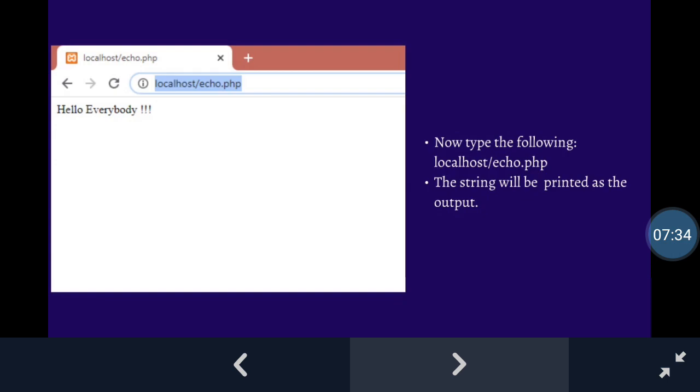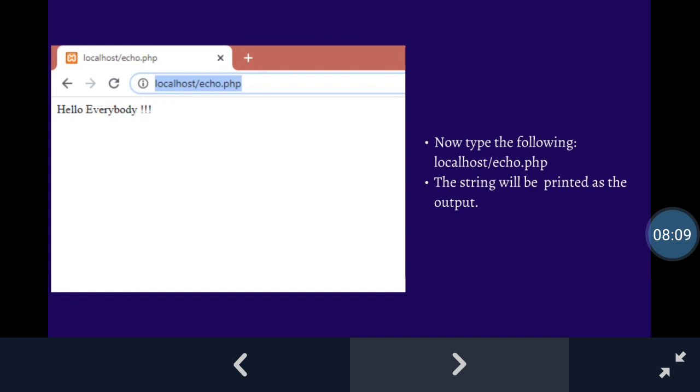Next, what you have to do is type localhost / your filename.php. Now here I have saved the file as echo.php. So I will write localhost / echo.php. When you press enter, whatever text you have typed in the echo will get printed on the screen. I have written hello everybody, so you can see the string output on the browser.